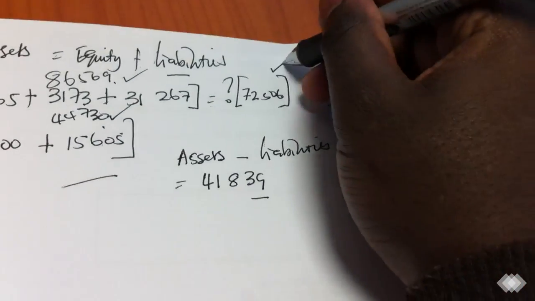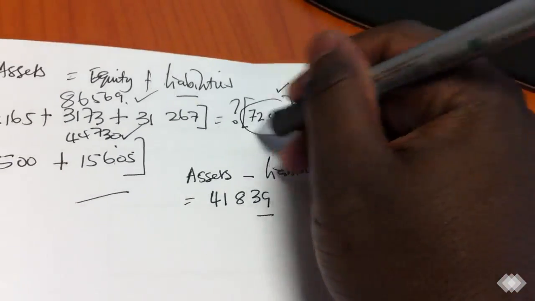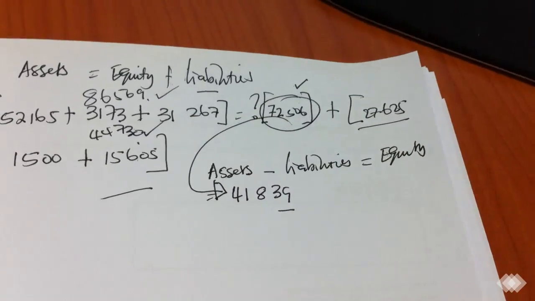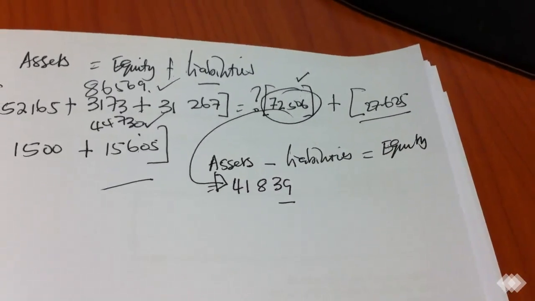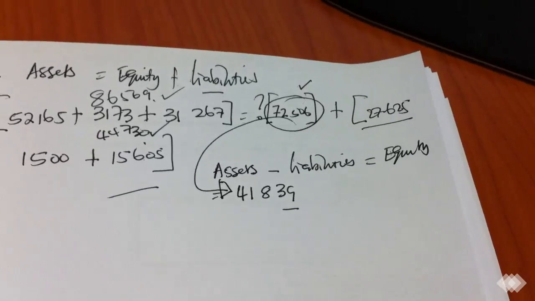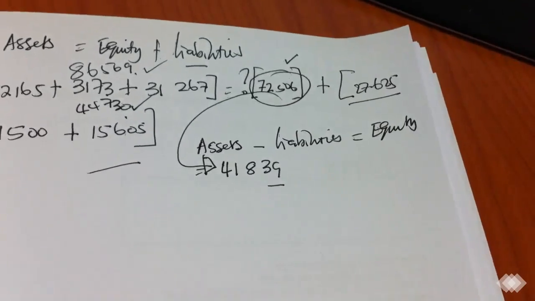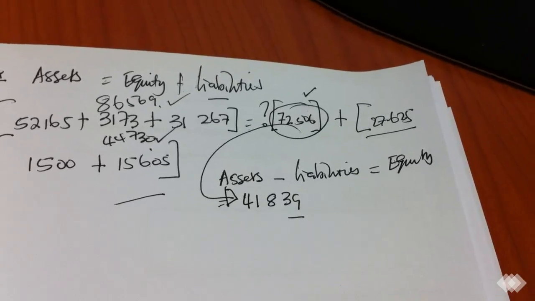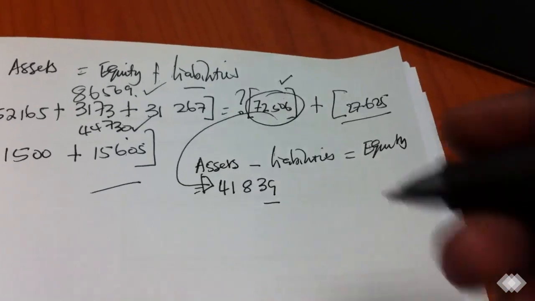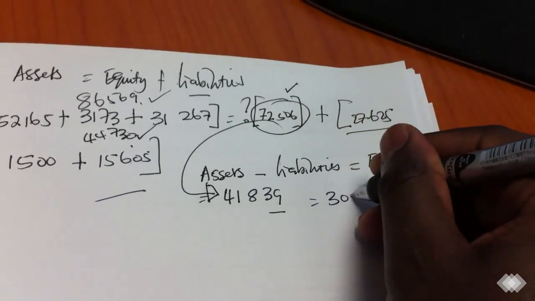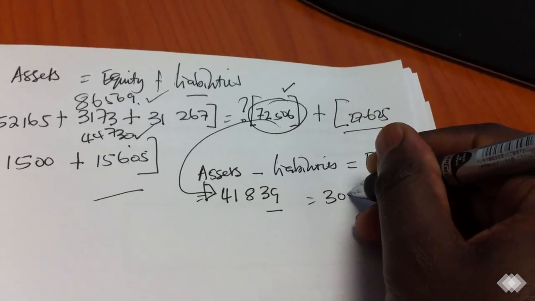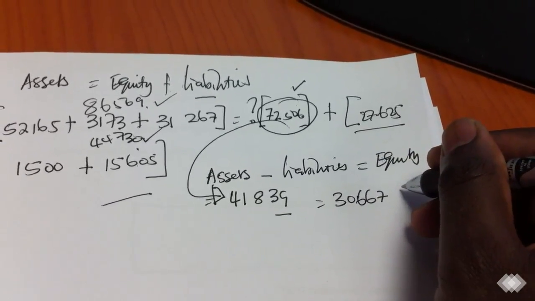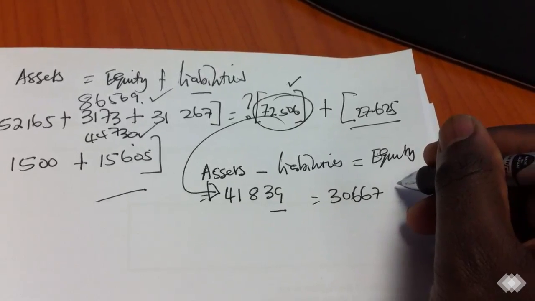But my equity will have an opening balance, so it reduced from this figure to that figure. So how can equity reduce? It's reduced by two main things: drawings or losses, isn't it? In this case, we are told in the question that there are no drawings. So the reason why it decreased is because of one thing, which is a loss,